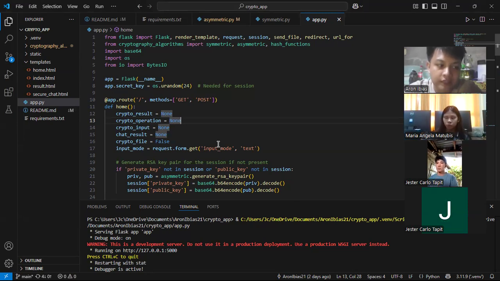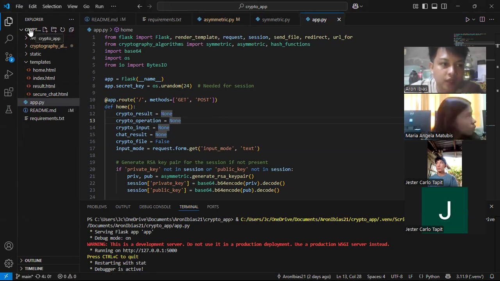Next, for the front end, we employ HTML and Bootstrap for a responsive design and layout. For session management, we use Flask session to keep track of user-specific data like keys and chat history. And lastly, in the UI design, we feature a tab interface to separate crypto tools from secure chat functionalities to enhance user experience.